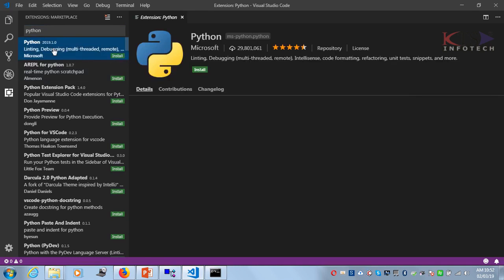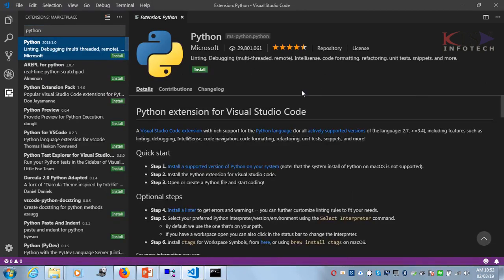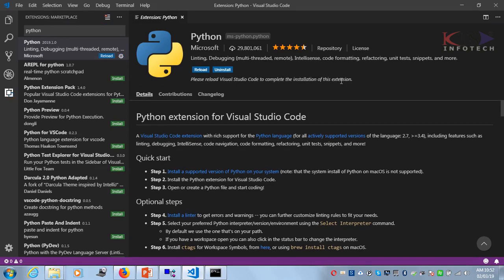Just click on the Python extension and install it, so that you will be able to run Python code from Visual Studio Code, and debug it. It is almost installed. It says please reload Visual Studio Code to complete the installation of this extension. Just click on reload.